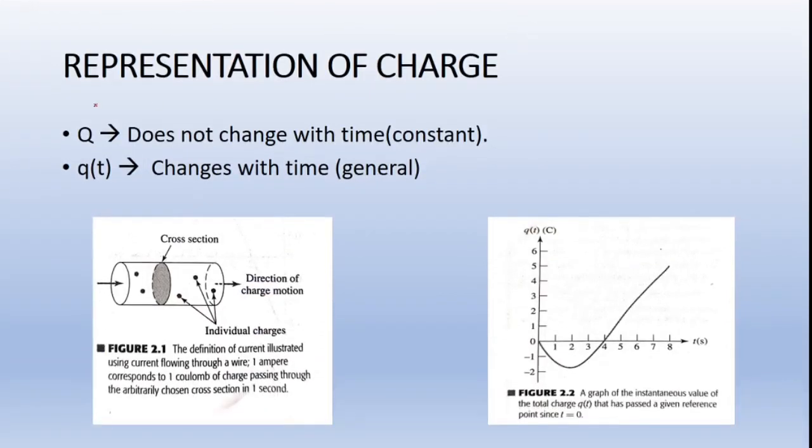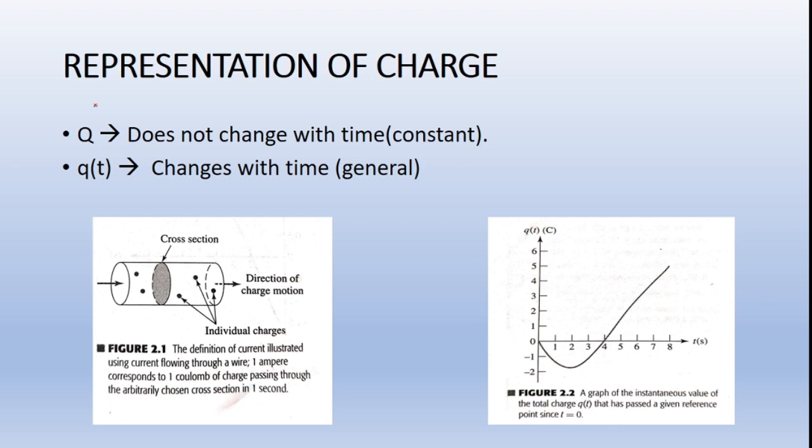Now, how do we represent charges? Charges we can represent as constant values or moving values. As I said earlier, when charges are accumulated at a single place, we say it is constant. For example, you take a battery source, a battery does not move. A charge is stored within a battery. In your power banks, charge is stored within the power bank. So all those are constant values which do not change with time.